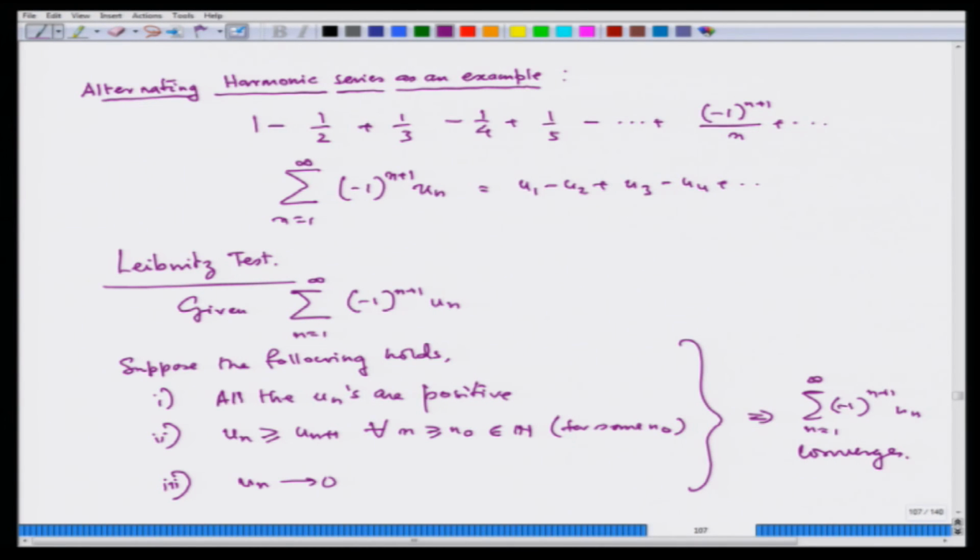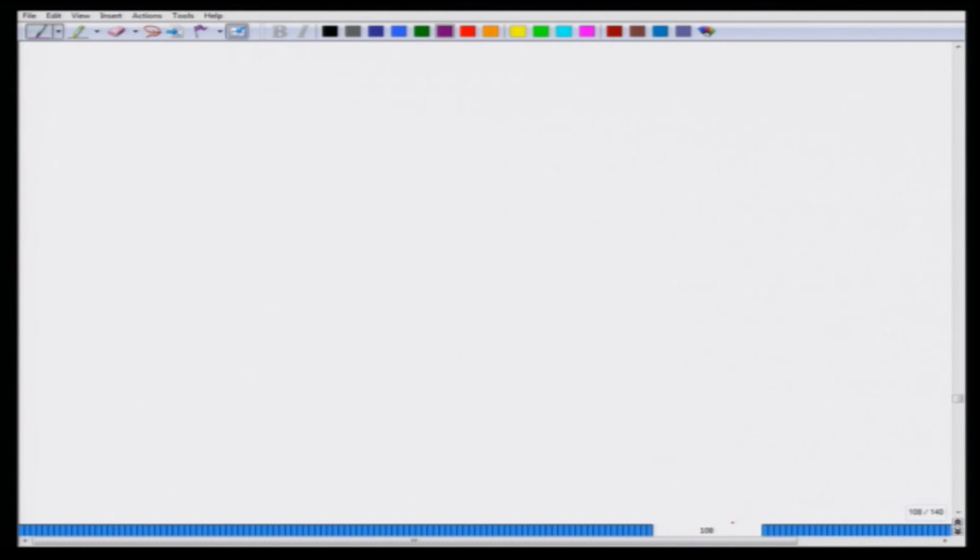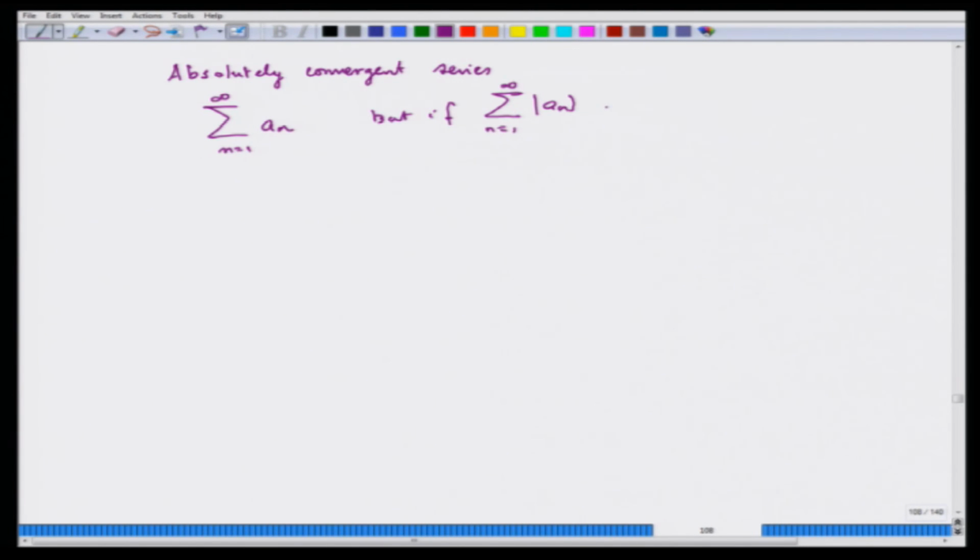There is something very interesting about how to show whether an alternating series converges: to use the idea of what is called an absolutely convergent series. An absolutely convergent series is, so you take a summation a_n. It could be an alternating series, I am not writing the detail. Here a_n could be positive, negative, anything, but now when you take the mod of a_n, they are all positive terms. So, then if this converges,